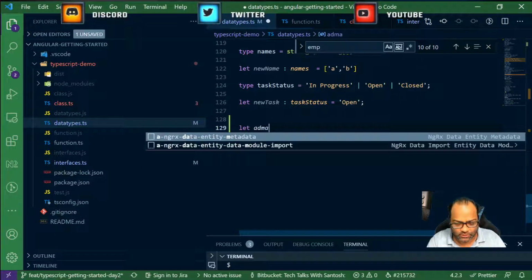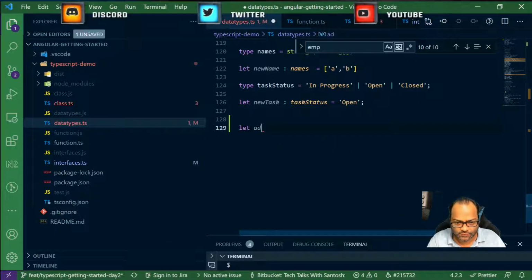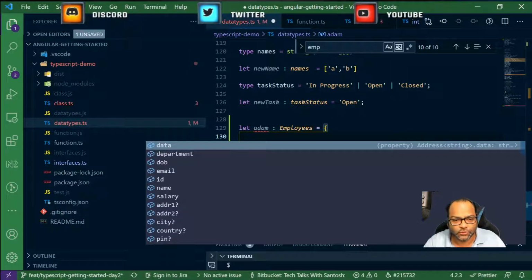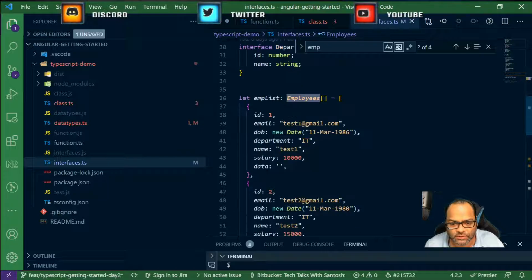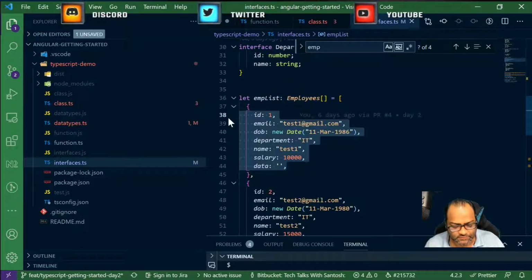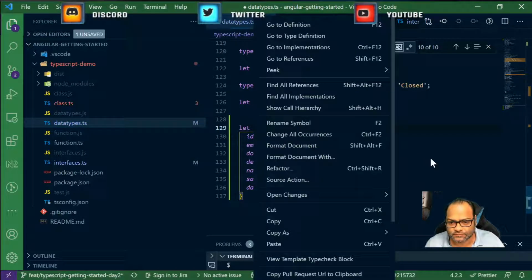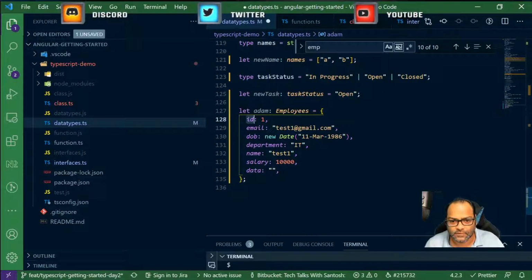Adam is a new employee, which is of type employee, equals an object, right? So these are the different objects which we can have. We will just copy this from here, as we already have this data. So we have ID, email, date of birth, department, name, salary, and other things, right?